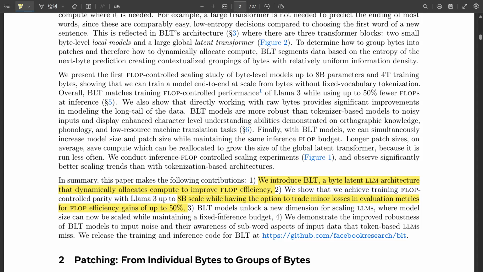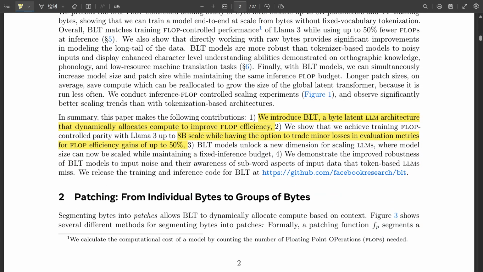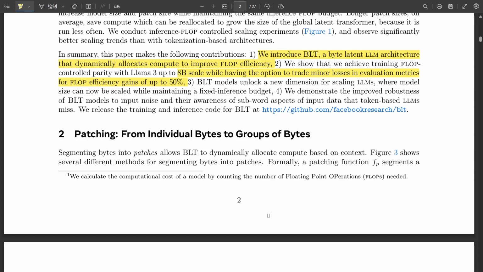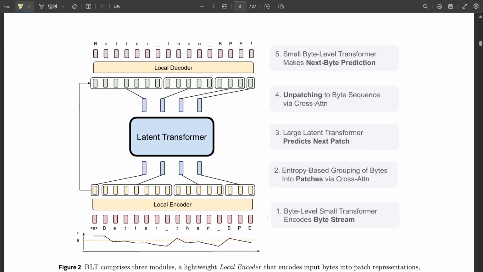Think about it like this. Imagine you're trying to figure out what the word read means. By itself, it could be the present tense or the past tense. But if you see it in a sentence like, I read a book yesterday, you instantly know it's past tense because of all those words around it. The context. And that's what hash n-gram embeddings let BLT do. So instead of just looking at the individual bytes like r, e, e, d, it can also look at those combinations, like r-e-e-d together. It's like giving BLT the ability to see the whole picture instead of just those tiny little pieces. Zooming out a little bit. Exactly. So BLT is really reading between the lines in a way.